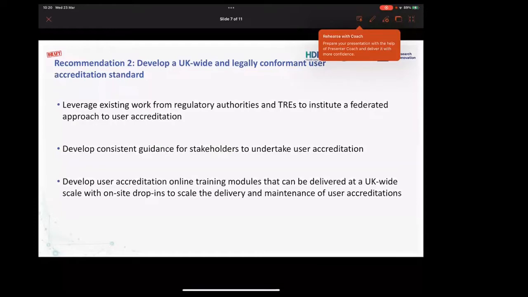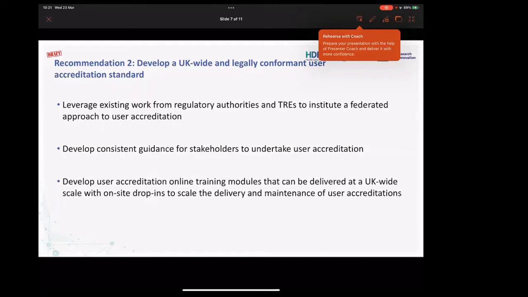The Digital Economy Act, which is used for administrative data, is widely used and widely recognized across all 4 nations, but it doesn't cover health. It doesn't cover other areas of data. How can we build... and there's the MRC regulatory guidance as well. So how do we build a network of these regulatory user accreditation frameworks so that we can share the workload, allow researchers, once they have gone through the information governance training and sensitive data handling training, it's recognized across all the different TREs, and have this in a 4 nations approach rather than a single nation approach